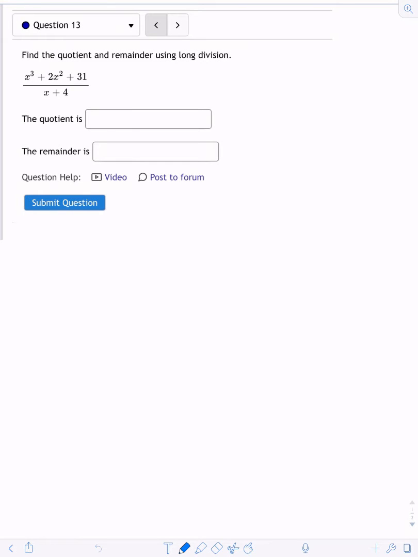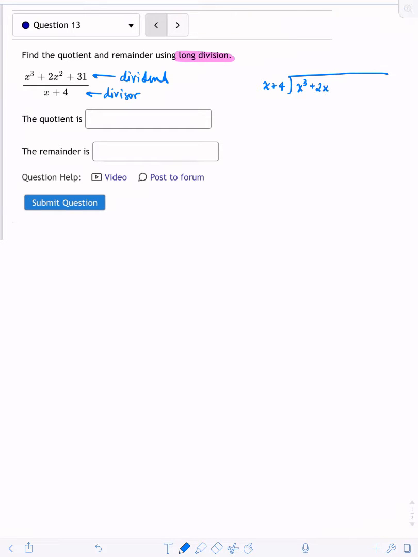Hi, so there's a couple of ways we could do this example with a long division and quotient. You could do it by synthetic division or you could use long division. In this case, we could see that they want us to use long division. That means they just want us to set up the divisor going into the dividend. So we would just set this up as usual and have x plus 4 as the divisor, and then x